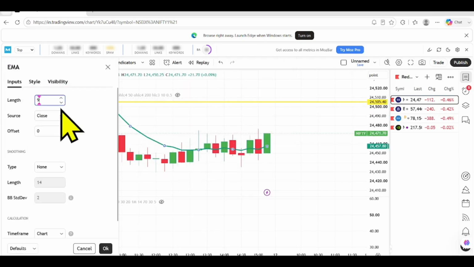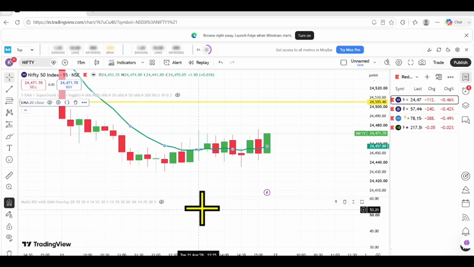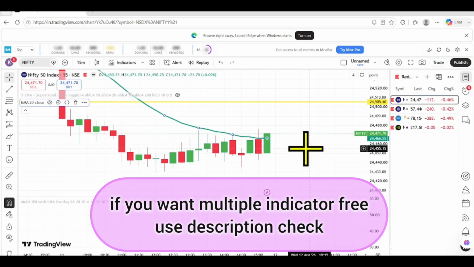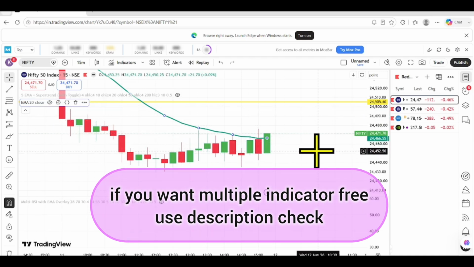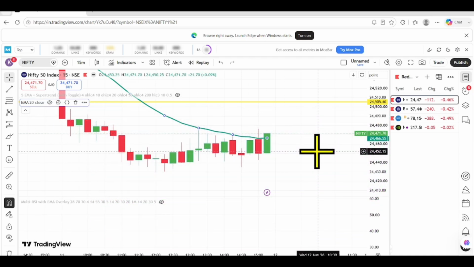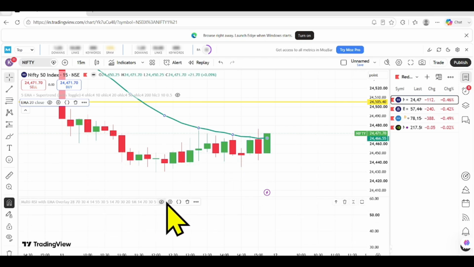Okay, after that, in settings, set 9. If you want a 20 moving average, then this is the 20 moving average. Okay, so my moving average indicator is added. This way, follow to add any indicator, like